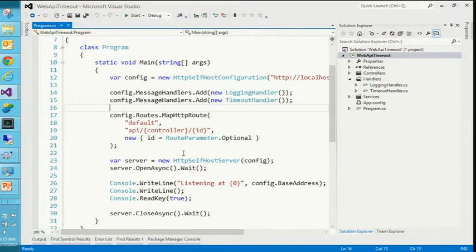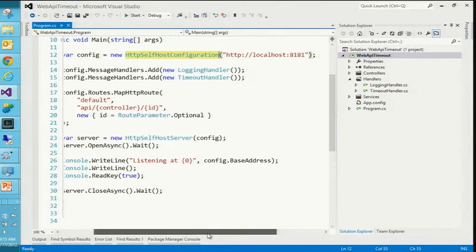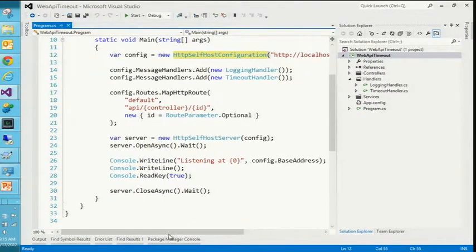So this is a standard console app, so I just went ahead and did static void main, just like a regular console app. What I'm going to do is I new up a self-host configuration. I tell it to listen to localhost port 8181. And then I add, well, it looks like,